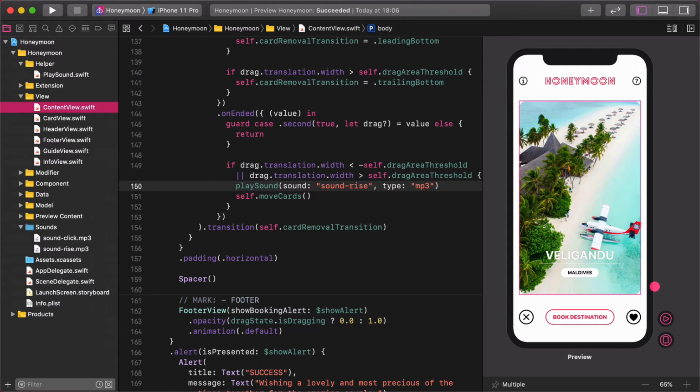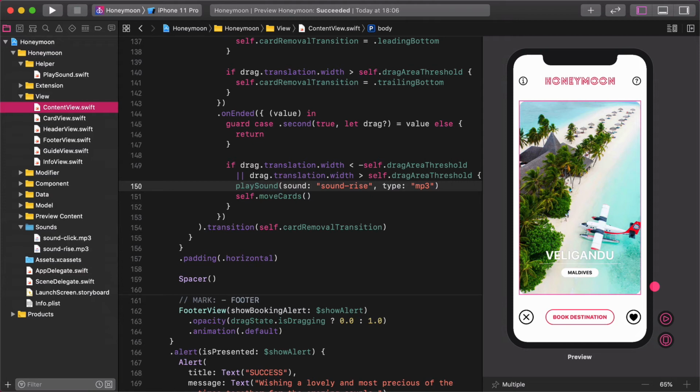Next, the yellow folder means that it is a reference group. This way, we use groups to organize files in the project without affecting their structure on the actual file system. Because we want to have a relative path locating the sounds files in the app bundle, therefore we must use a reference group for that.